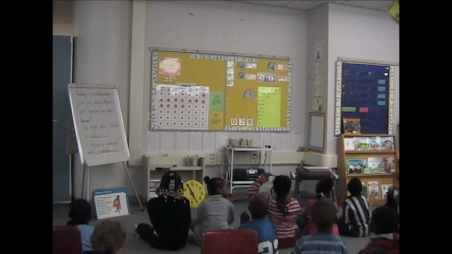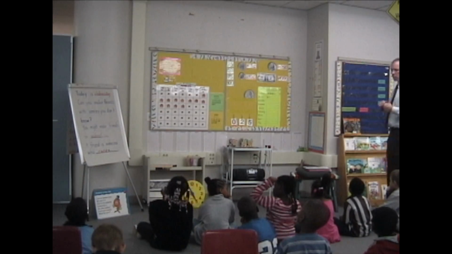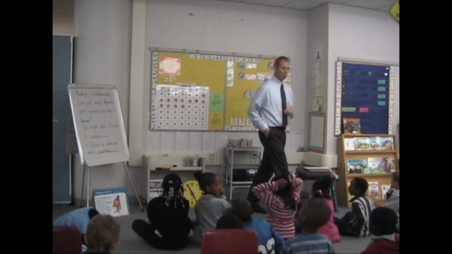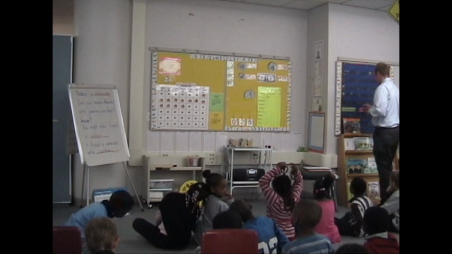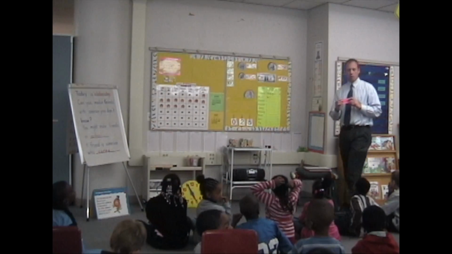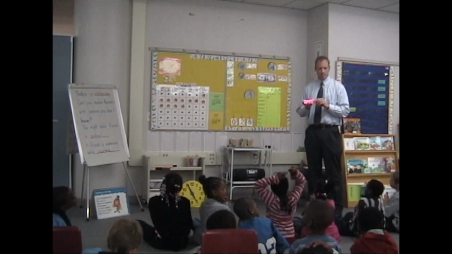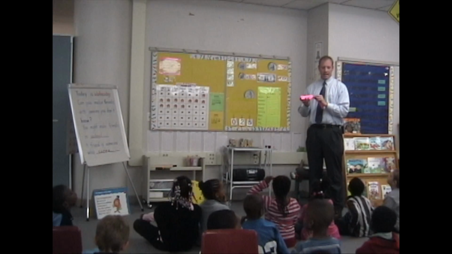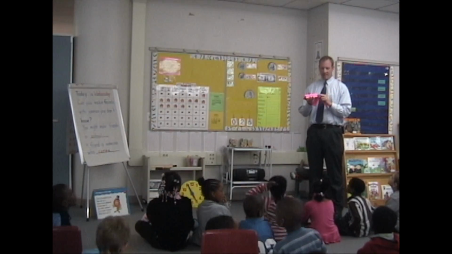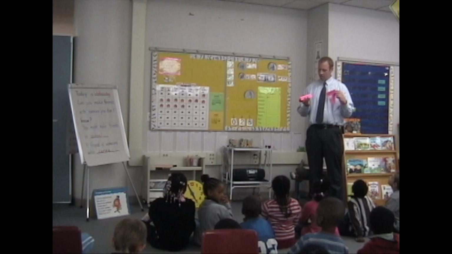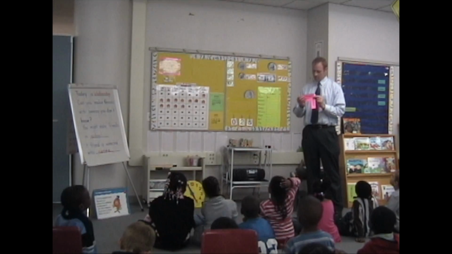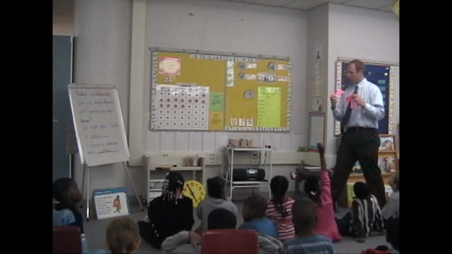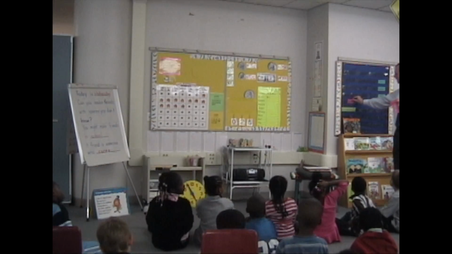But we need to work on something today. We need to work on some vocabulary words. And I need your help this morning. Let's look at our vocabulary words. And when I show them to you, we're going to say them together, okay? Wandered. Raced. Gathered. Clustered. Amazing. We better put these up on our pocket chart here.